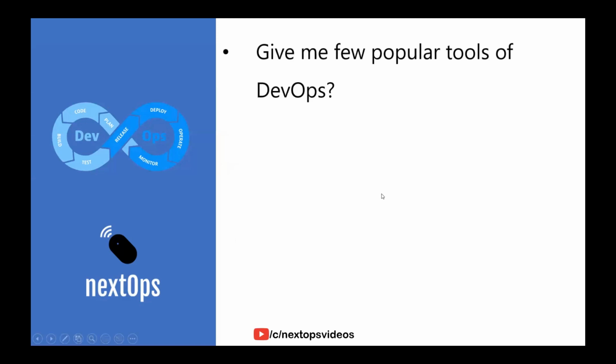Give me a few popular tools of DevOps. DevOps actually started off with one of the stable pipelining tools called Jenkins. And this is used to handle CI/CD efficiently. This is an open source tool that came into the market around 2014, 2015. It was there before then, but it got popularity during that time. It is similar to Azure DevOps pipelines and AWS DevOps pipelines.